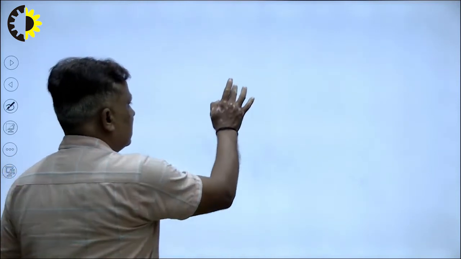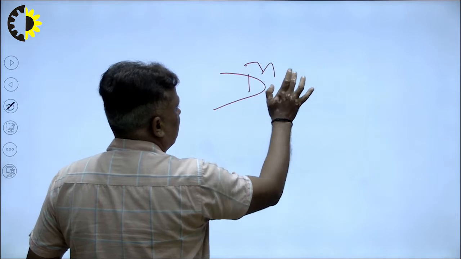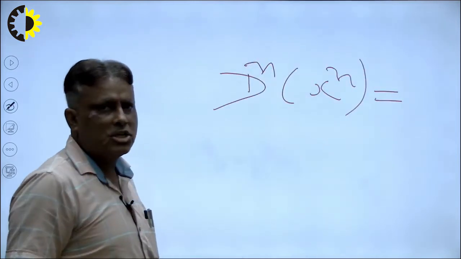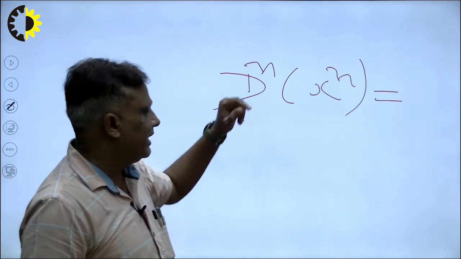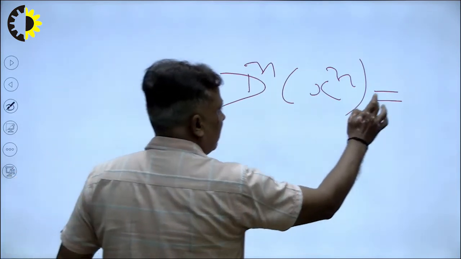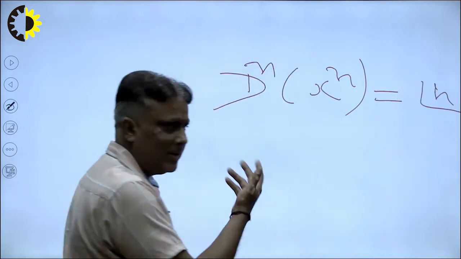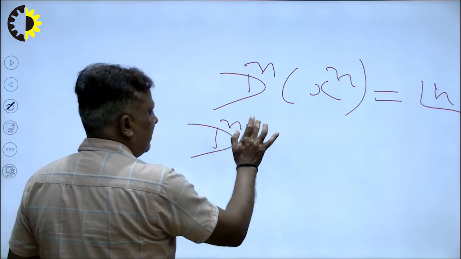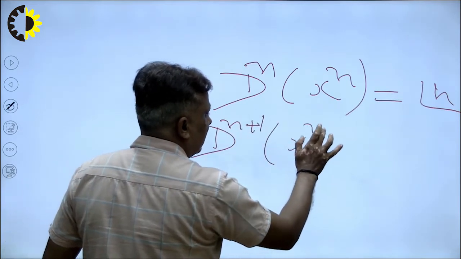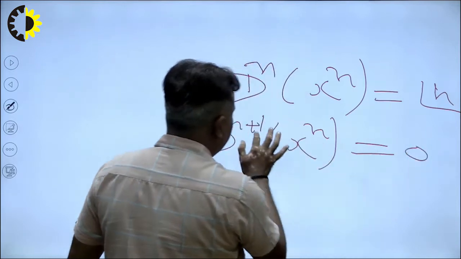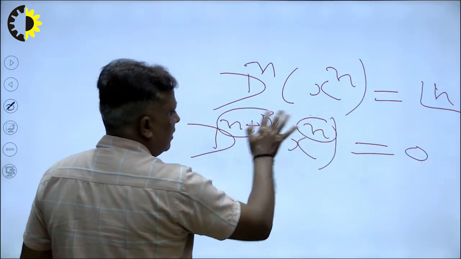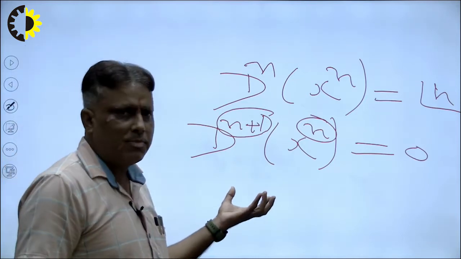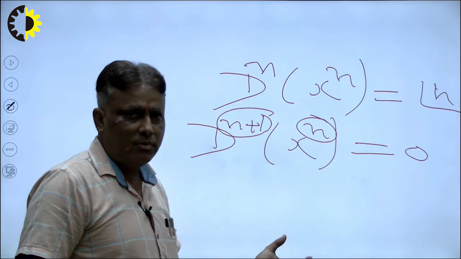In the previous lecture, similarly, suppose I want to calculate the nth derivative of x^n, that means this is a polynomial x raised to the power n and I want to differentiate n times. What will be the formula? The formula will be factorial n, right. I explained it in the previous lecture. Suppose I want to calculate the (n plus 1)th derivative of x raised to the power n, so this will be 0, right. If the order of differentiation is greater than the power, the answer will always be 0. So students, keep in mind when we solve such problems in future, this will help all of us.